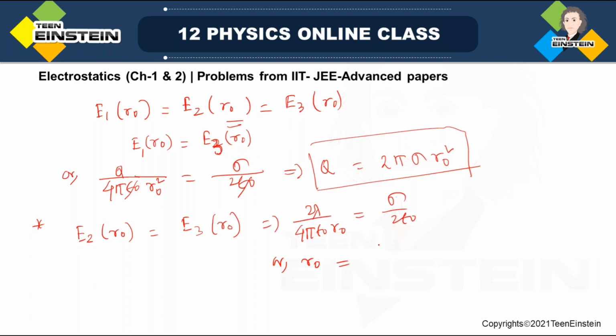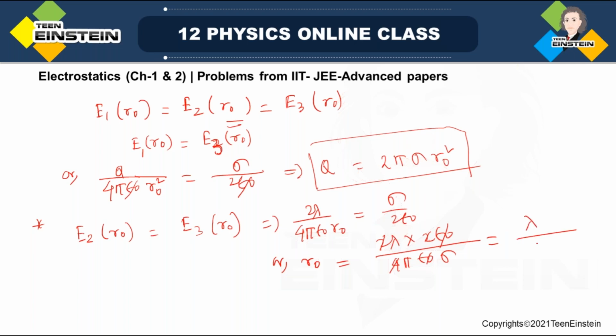So 2 lambda, 2 sigma will be multiplied, divided by 4 pi epsilon naught and sigma. Now look, the 4 goes off and sigma cancels, so we actually get